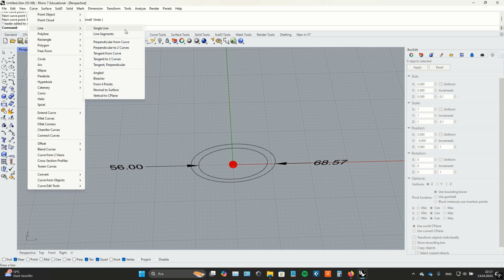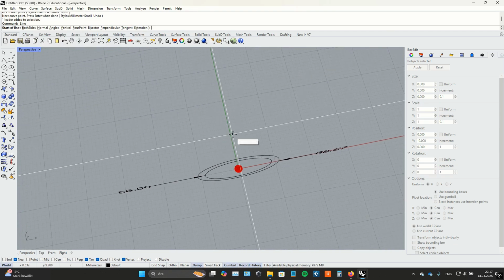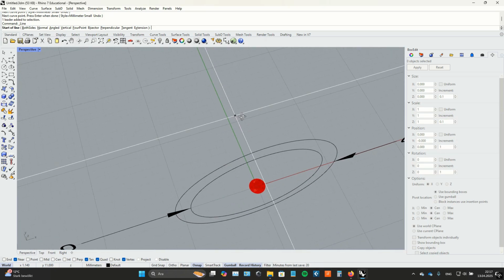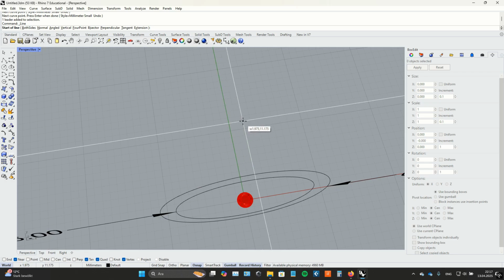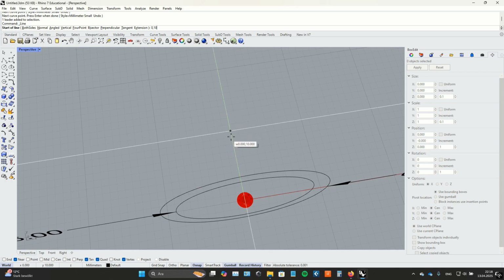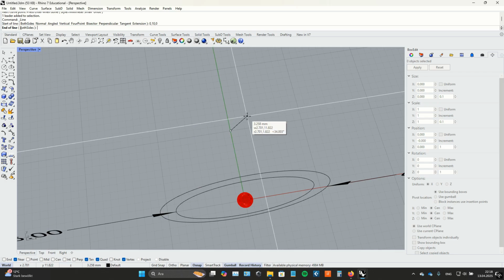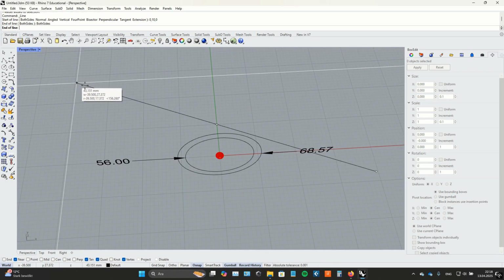And single line. I'm going to select, as the starting point, this point here. To do that, I'm just typing the coordinates in: this point is going to be at the 0, 10, 0 coordinates, x, y, z. So I'm just typing 0, comma, 10, the point snapped here, and comma, and another 0. I hit enter,